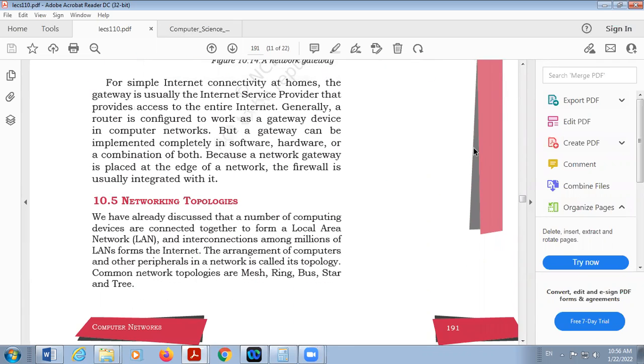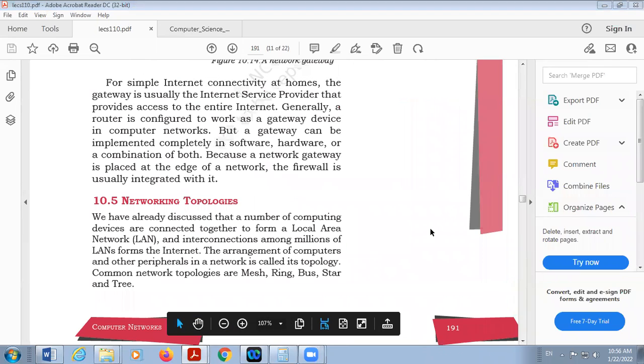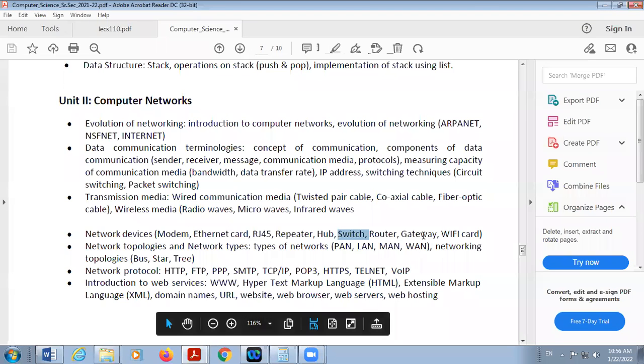Next, yes, students, any doubt in this? Kshitij? Okay, better. Then next one is